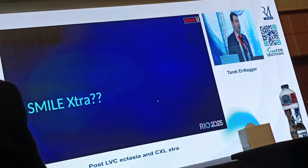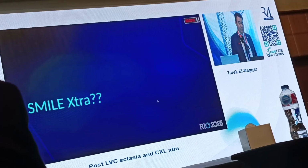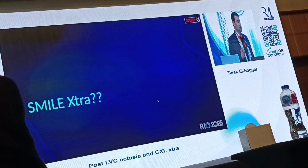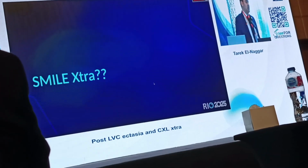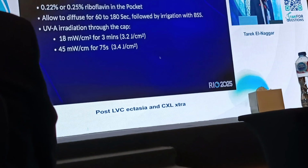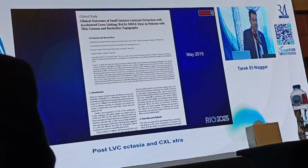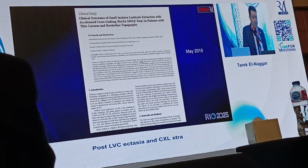What about SMILE Xtra? After I reported my case, I have heard a lot of things, that borderline cases could be done with SMILE Xtra, and that this is an effective treatment. You just put some riboflavin in the pocket and then cross-link the case. Here is a study by,